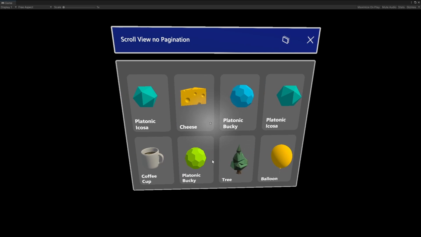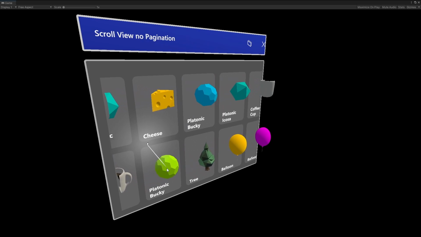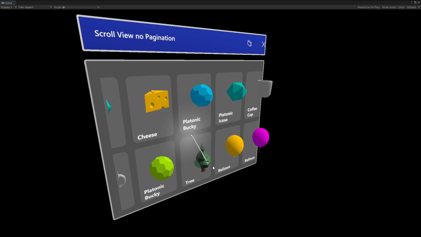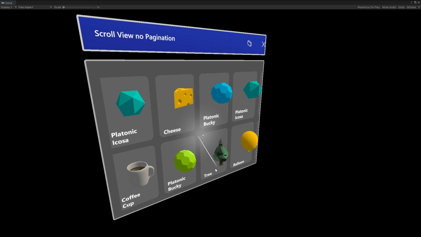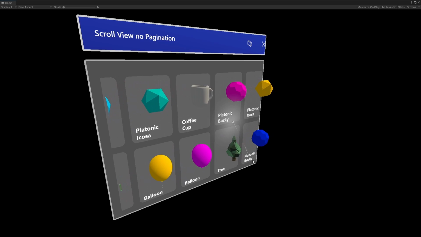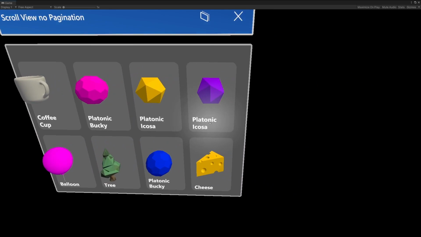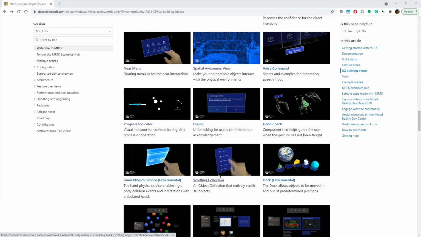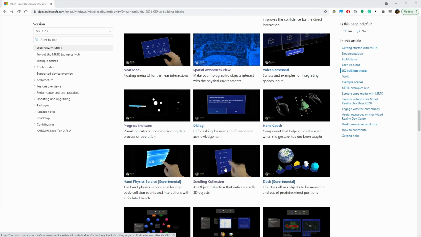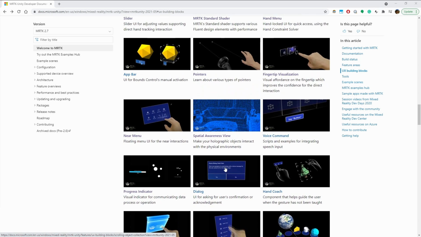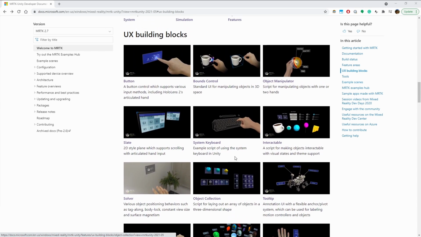So it's a very useful script if you want to have a bit more three-dimensional looking user interface and have some scrolling functionality, but don't really know how to implement that yourself. You basically have a 3D Slate using this scrolling collection script. Now that we've gone through all of the most important user experience building blocks that MRTK has to offer for us,